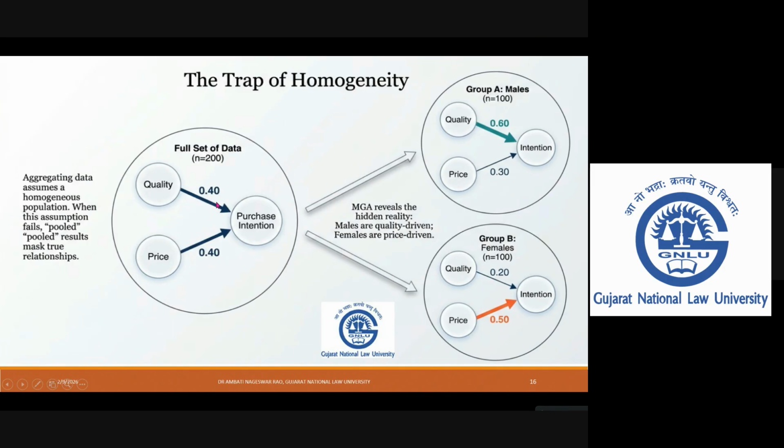But this is not true. If I look at the age group, the people belonging to elderly people, what about their purchasing intention? The people belonging to a low socio-economic background, as compared with the people belonging to a high economic background, what purchasing intention do they have? If I'm taking gender wise, quality wise and price wise, it is a general prediction. It can be reversed as well. Males prefer quality, females prefer price driven. It can be vice versa as well, in general, if you find some research articles.